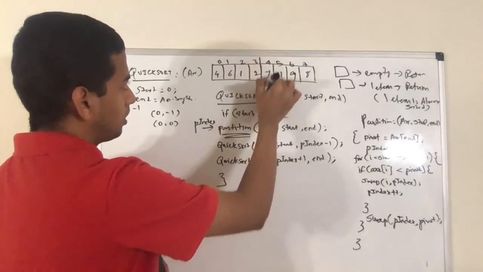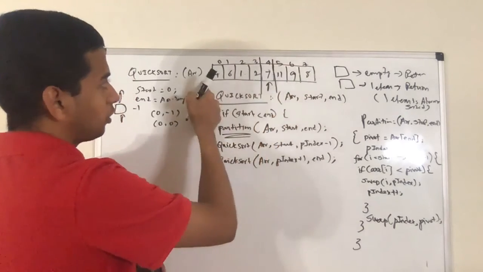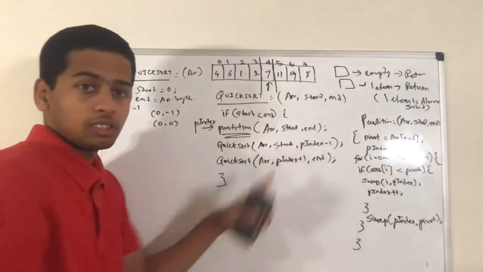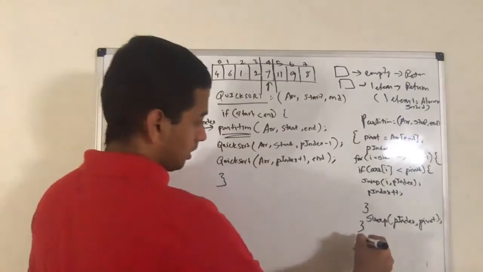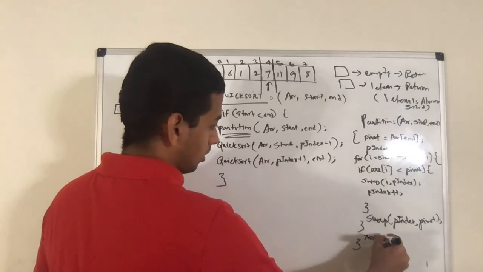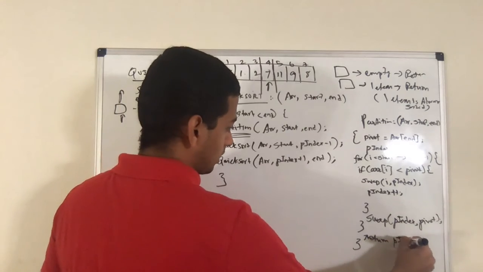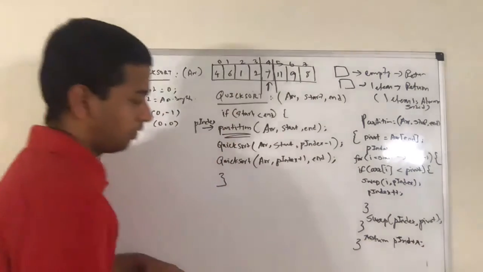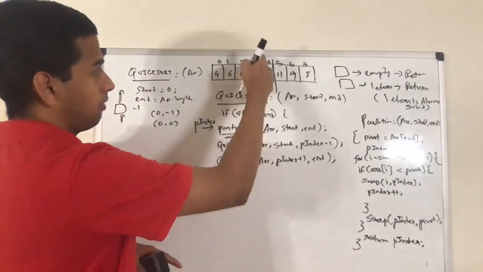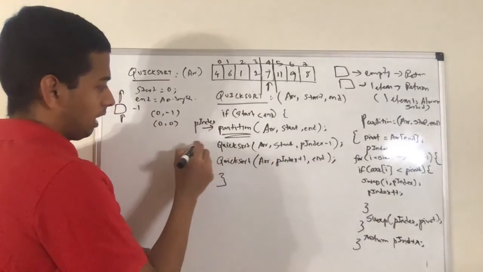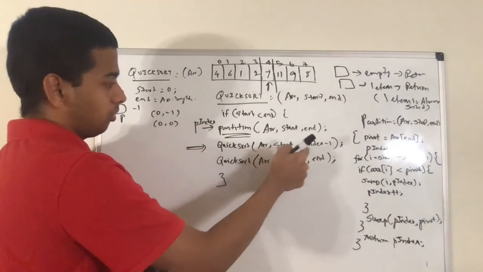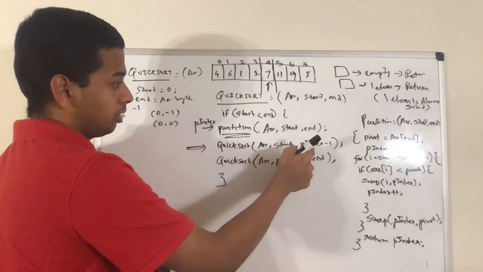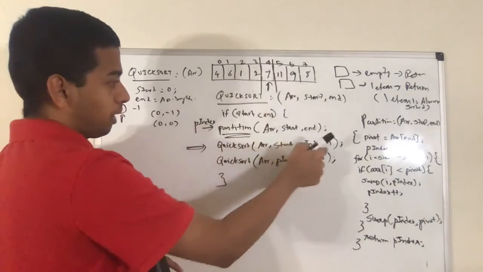Look at it. Now this is my pivot, right? Everything left of pivot is small, everything right of pivot is greater. Now I will simply return this partition index. If I return my partition index, it will be 4, correct? What am I doing after finishing the partition? I'm calling array, start index is 0, then partition index minus 1, that will be 4 minus 1, which is 3.